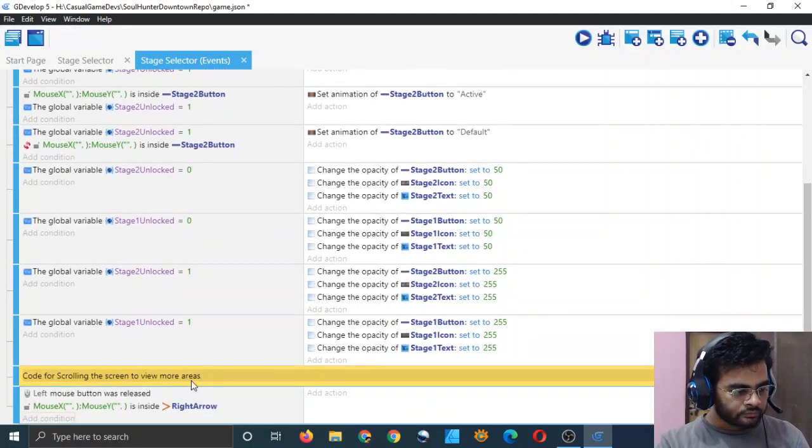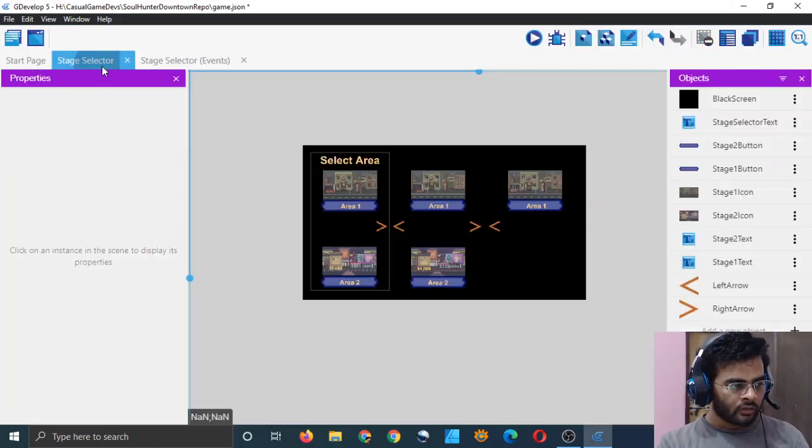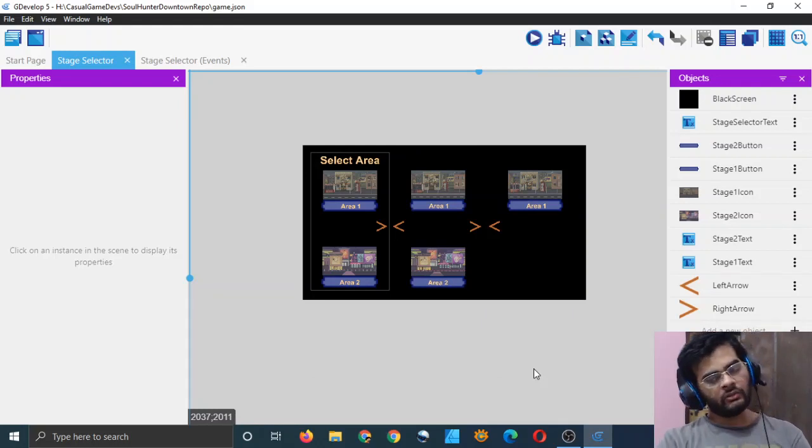OK. Right arrow. If I click on right arrow, what will happen? If right arrow doesn't exist in the scene, we won't click on it at all, so we don't have to check whether it exists. If right arrow exists, then we know there is something beyond it.